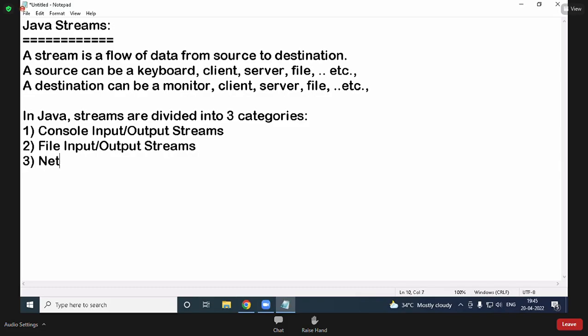Third one, network input output streams. In Java, streams are divided into 3 categories.